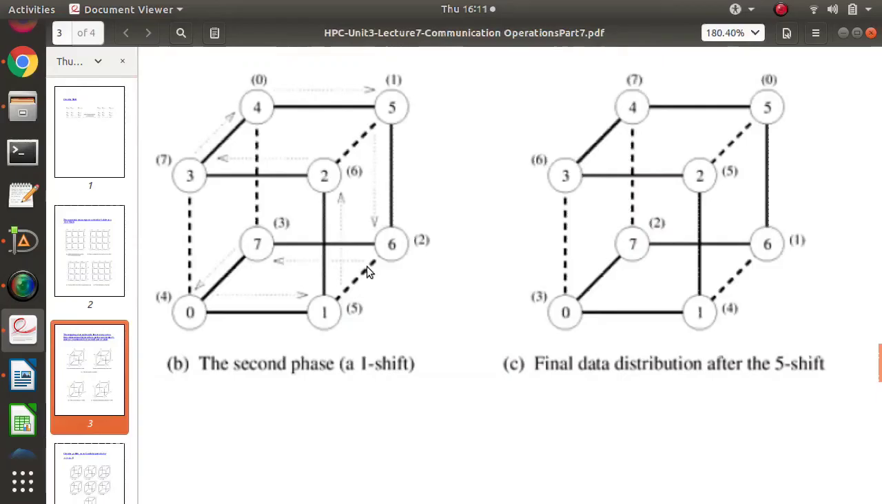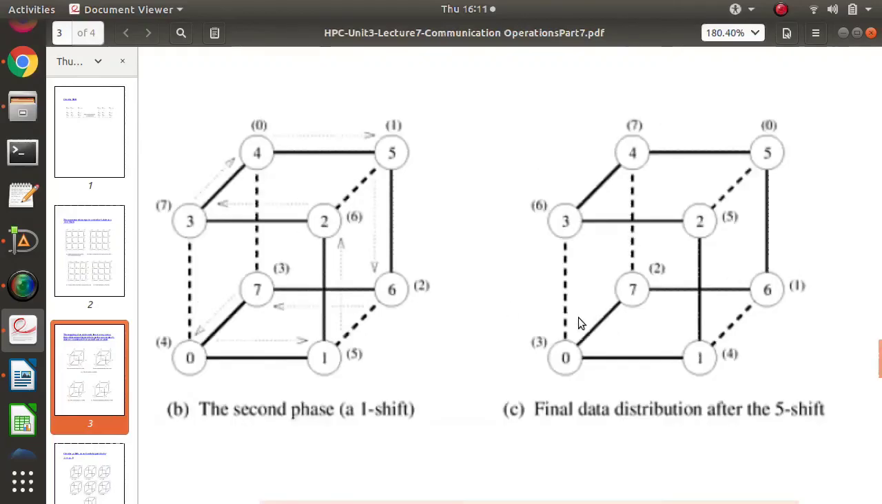And then there is the 1 shift. A 1 shift means they will just send to the neighboring node. So 0 will send to 1, 1 will send to 2, 2 will send to 3. And this is the result. Here the 5 shift is done. First we have done the 4 shift, then we have done the 1 shift, and here finally we got the result